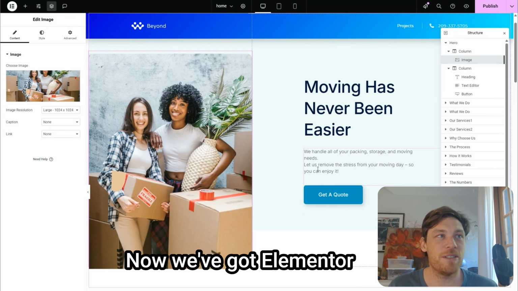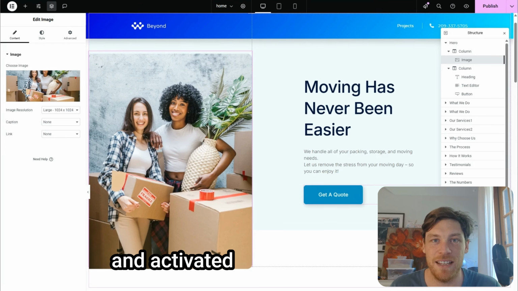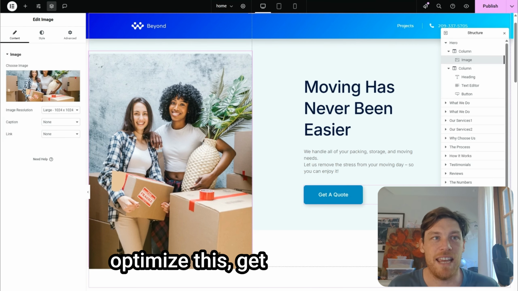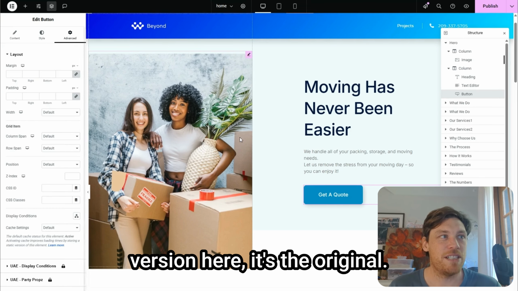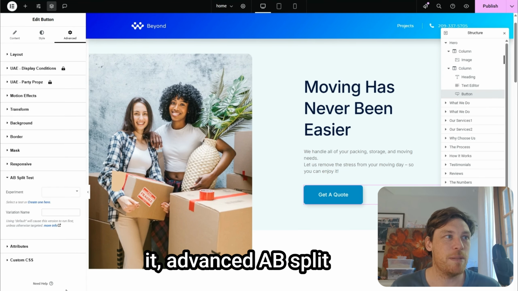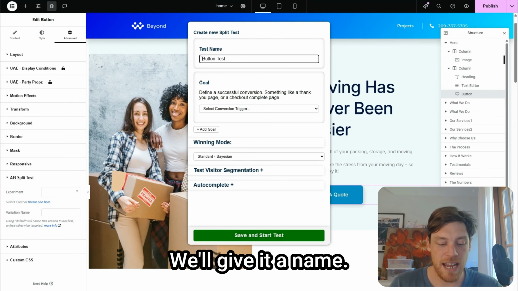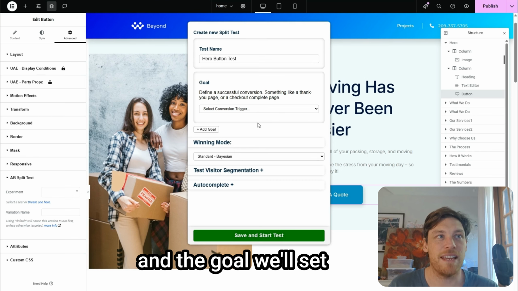Now we've got Elementor and the plugin AB Split Test installed and activated. What we're going to do in this test is see if we can optimize this Get a Quote button. So we've got our first version here. It's the original. Let's go ahead and click on it, Advanced, AB Split Test, and we will create a new test. We'll give it a name, call it the hero button test, and the goal we'll set when people visit